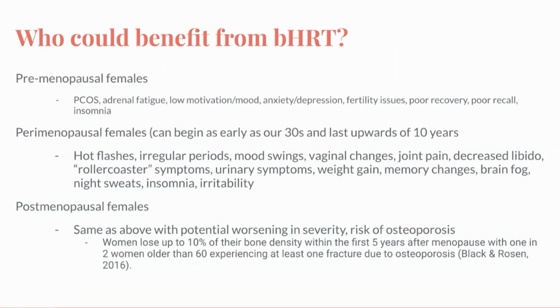Perimenopausal females, of course, when we start digging into that chapter of life where that signaling from the brain to our sex organs, to those ovaries, maybe that's starting to kind of check out. Maybe those ovaries are starting to not produce as much of the hormones. So when we start having this change in signaling for whatever the reason, then we start experiencing these symptoms, and they can be things such as hot flashes, periods getting a little more irregular, mood swings, vaginal changes, so maybe it's pain during intercourse, dryness, itchiness that really can't be explained by any other diagnosis,